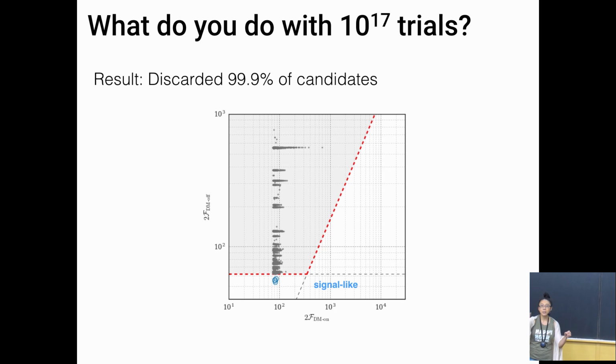And when that happens, after a glitch, you expect the frequency to have changed, you expect the spin down to have changed, and you expect the strain to have changed, right? And you also don't expect coherence between before and after the glitch. So you can search for slightly non-standard signals, but at the end of the day, sometimes all you can do is say, this just doesn't look like a standard CW signal,